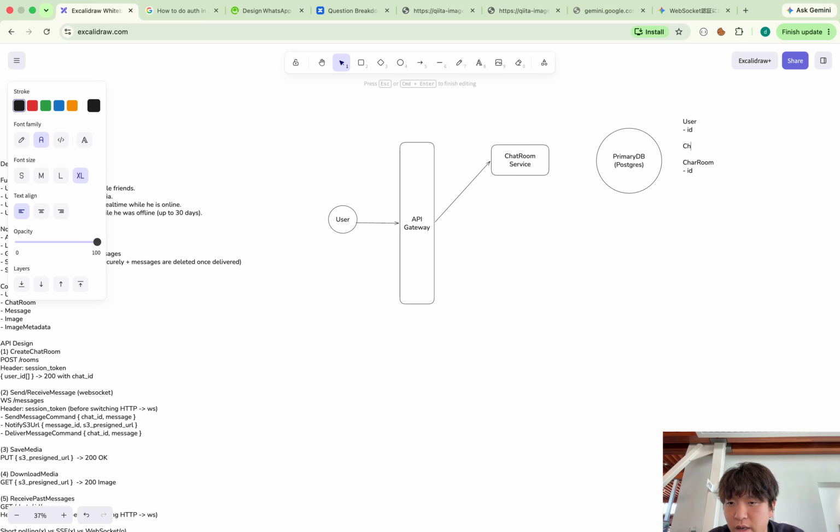And of course, we need the user chat room relationship. In this way, this is a relational kind of relation table. So this is a foreign key, and this is a foreign key too.